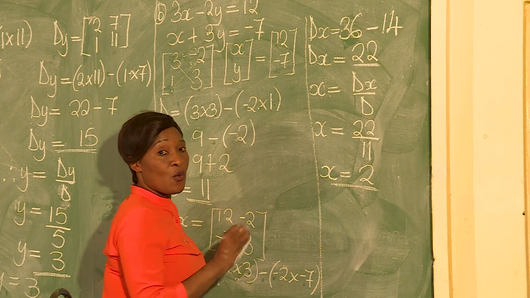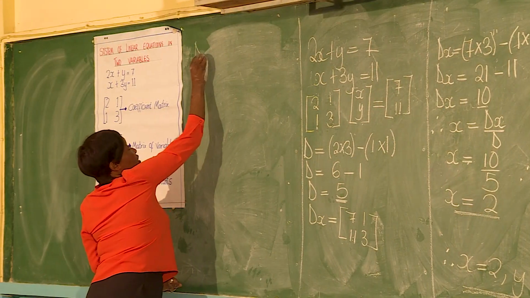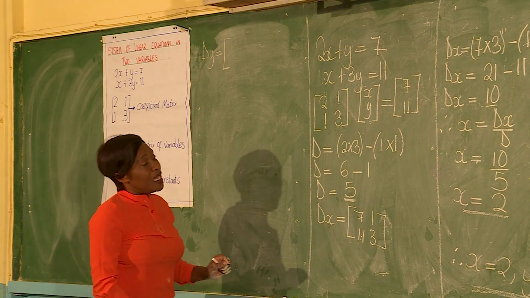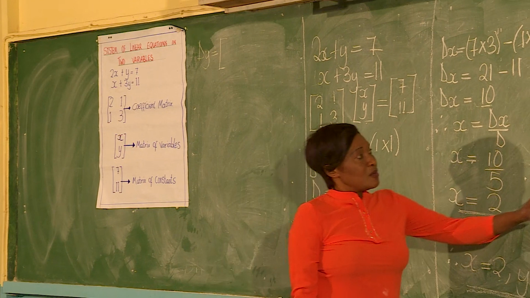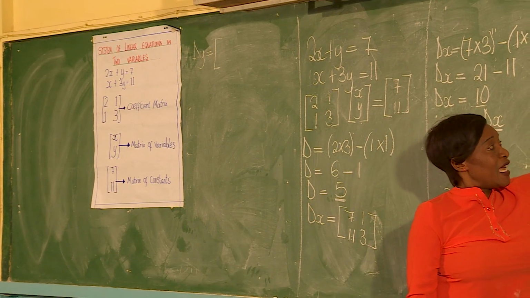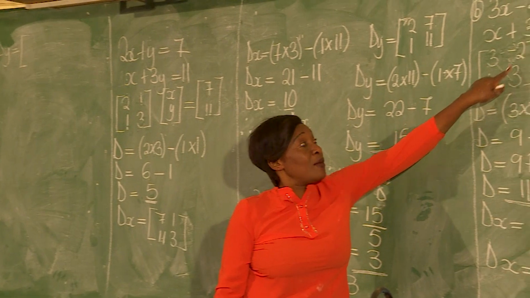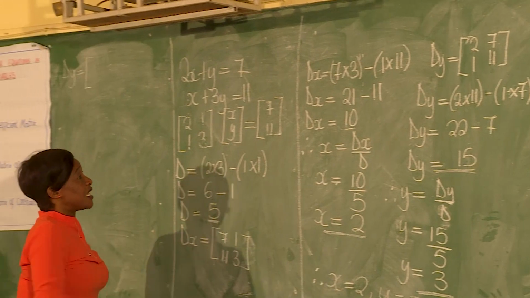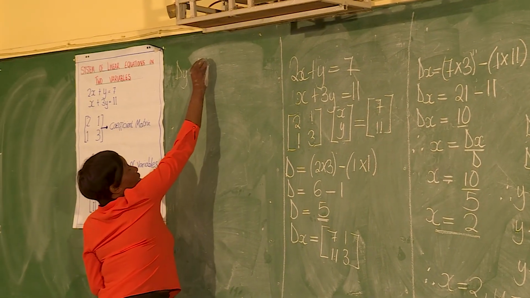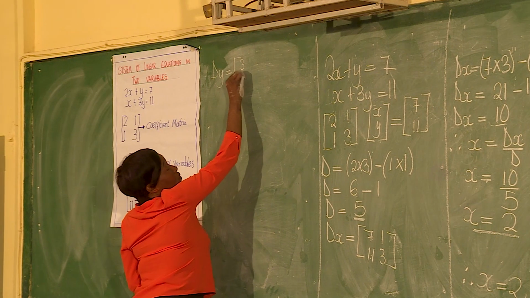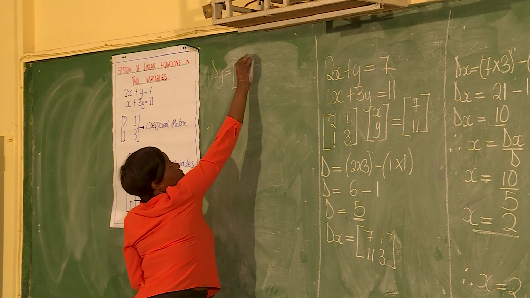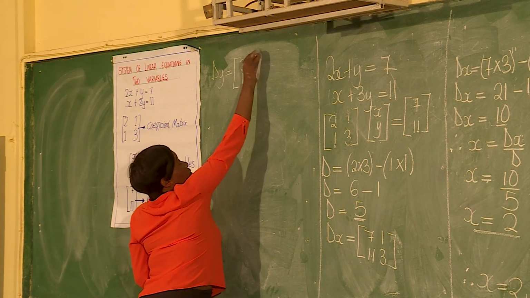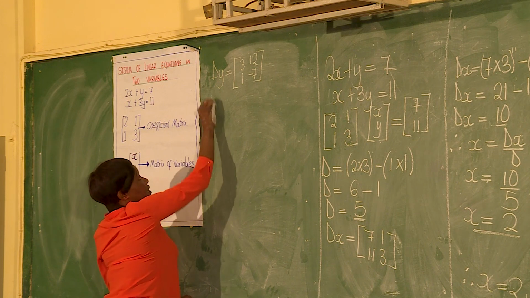Now we need to find y. So our Dy will be equal to, we'll replace using the main matrix, right? Which is this one here. So we'll replace the y column with our constant. Okay? So just give me the values that are there. The first one for the matrix 3, 1. Then for the constant, 12. Yes. Negative 7. Negative 7. Right? Yes. So our Dy